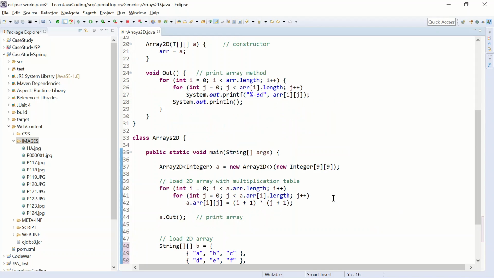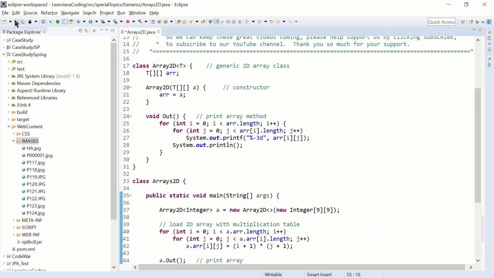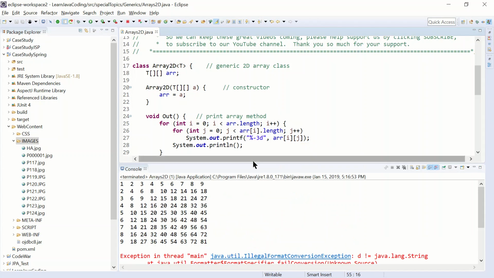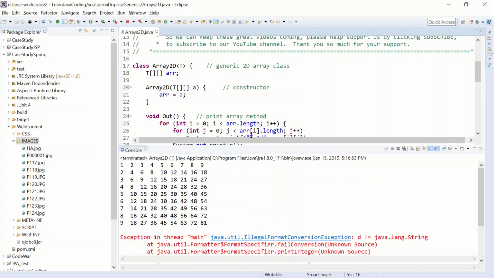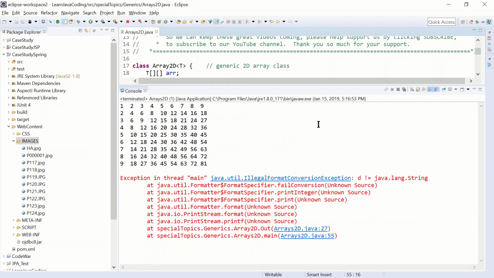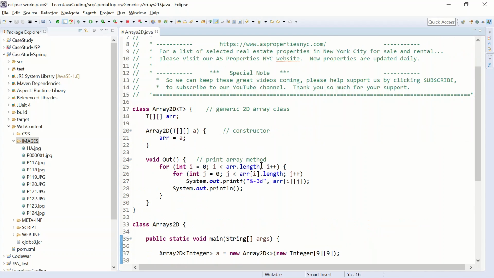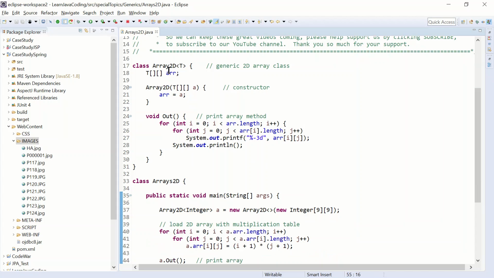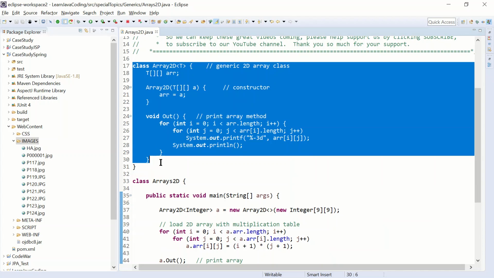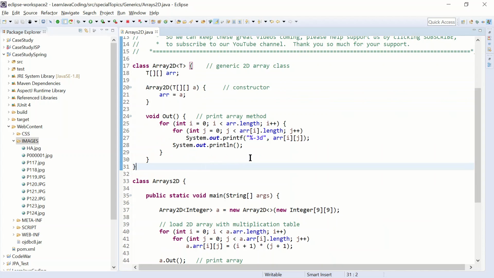and that's it. Now if I run this, save it, run it, and you see there is a problem. Anyone can tell me why? The reason is, so everything works great. The generic class, the method, everything works. The only problem here is our print format